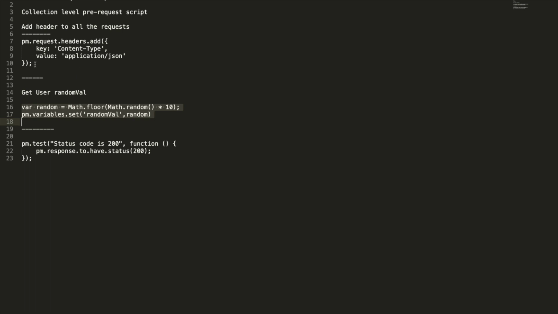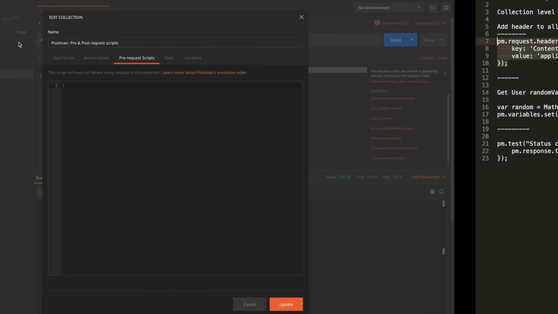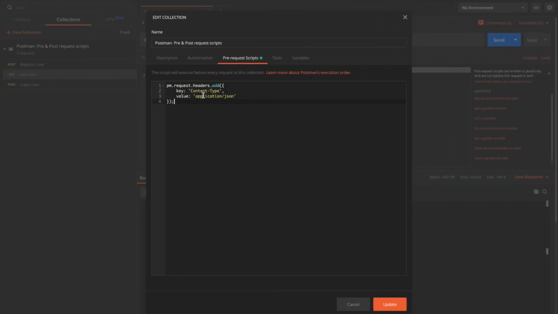So I have a sample code already ready here, and what we are trying to do is add a request header named content type with value application JSON. Again, this is not a limited use case. There are lots and lots of use cases, but it's just to illustrate how you can utilize